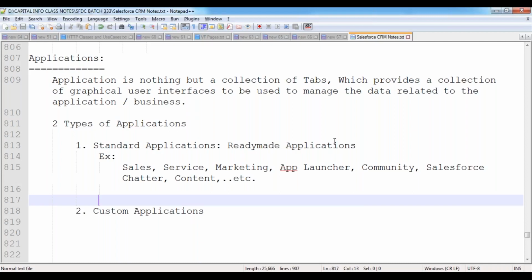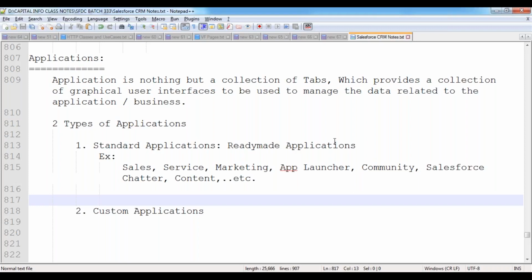Now, in this case, you can raise a question. Sir, can I add some more features inside these applications? Yes. As part of the sales application, we have so many features. As part of the service application, so many features. As part of the marketing application, so many features are available. So can I extend those features? Yes. What are the standard given by Salesforce?